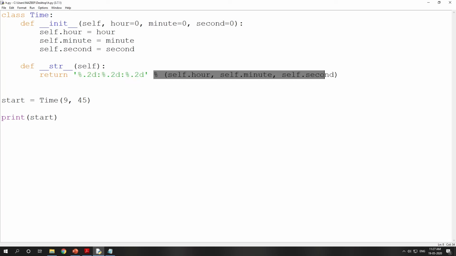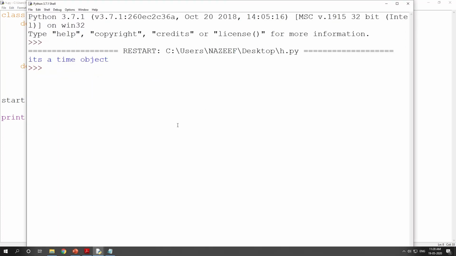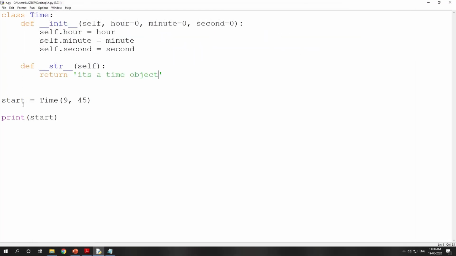So at that time, what I will do is return "It's a time object." Right now, if I run this, what will be the message? It's a time object. You have created the object and you are describing the object, like your toString method, the same method you have used in Java.